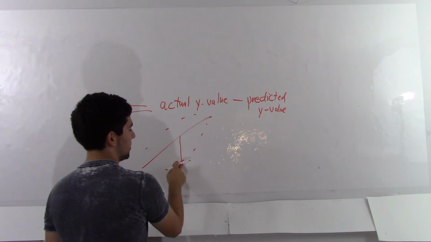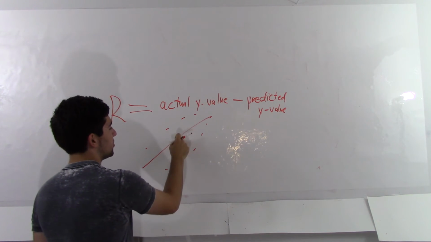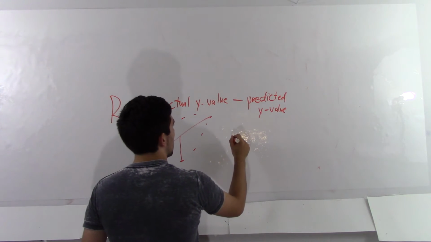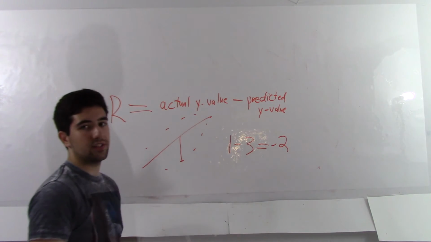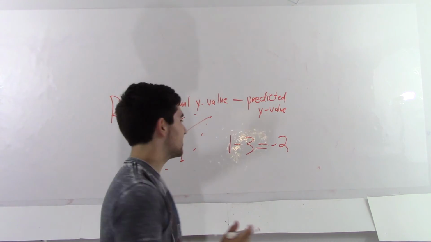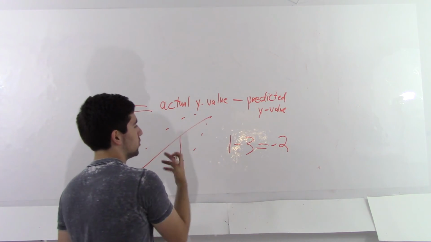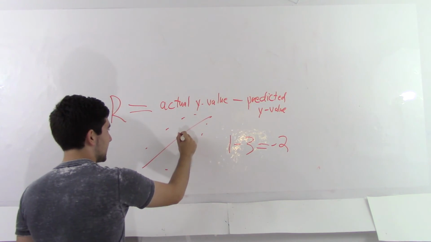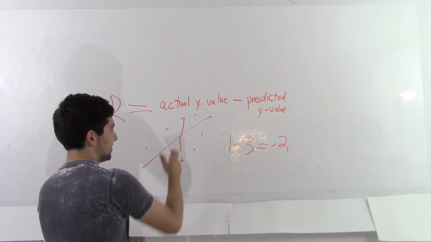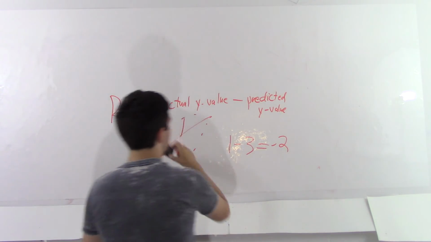So let's say this is 1 and this is 3, so you're going to get 1 minus 3, and that's going to give you -2 for your residual. So that just basically says that it's 2 points lower. Anything lower than the line is going to be a negative. Anything above the line, let's say this one were also 2 points,